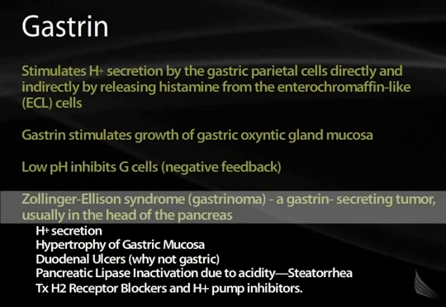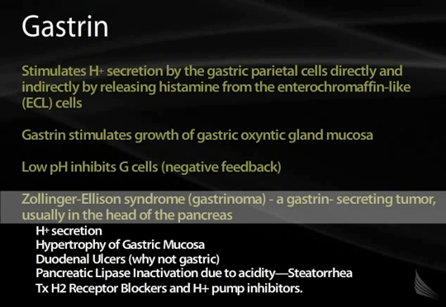In Zollinger-Ellison syndrome, or a gastrinoma, there's a gastrin-secreting tumor. This is often congenital and is present in the head of the pancreas. This results in the secretion of acid. As gastrin is a trophic hormone, it results in the hypertrophy of gastric mucosa. However, there is no negative feedback mechanism as this is a tumor, and therefore this hypertrophy continues. Duodenal ulcers will be present, and